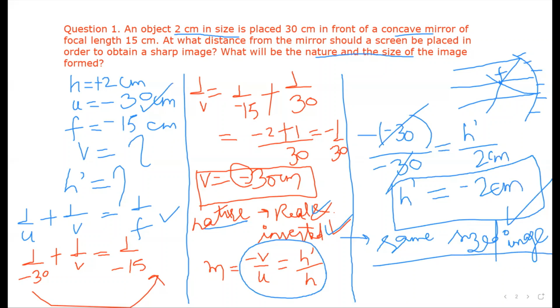I hope you understood how to do it. Let's see another example also. That is again, it's easy. Question number 2. What is question number 2? A concave mirror produces 3 times magnified enlarged real image of an object placed at 10 centimeter in front of it. Where is the image located? Where the image is located, that we have to find out. So let's start now. Let's take our pen, start it.